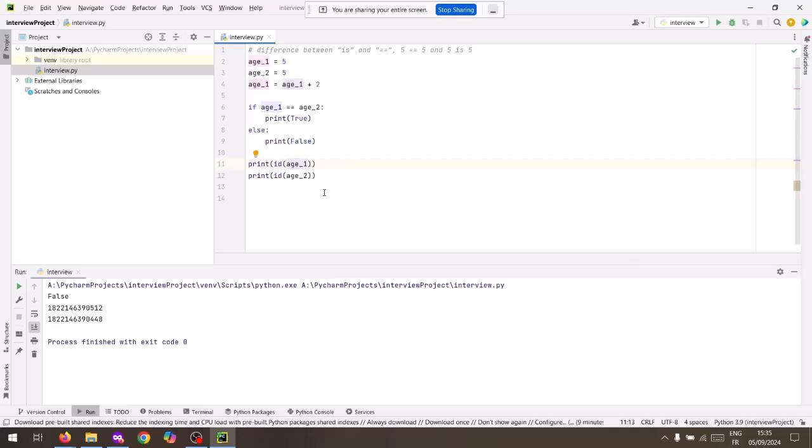So the IDs are now different, and you can recall that at the beginning they were the same. So is did not work and returned false because we have these variables, and the values of these variables can change at any given time in our execution. So the moment Python notices that this particular variable can change at any point in time,